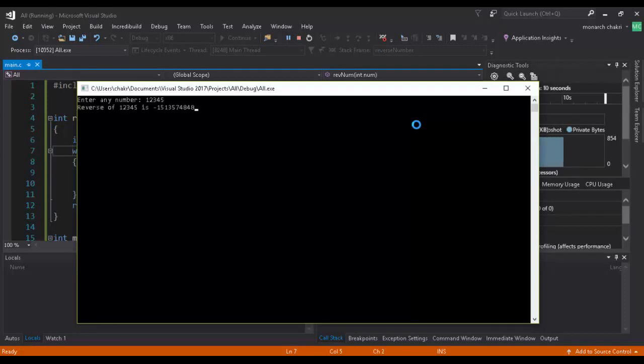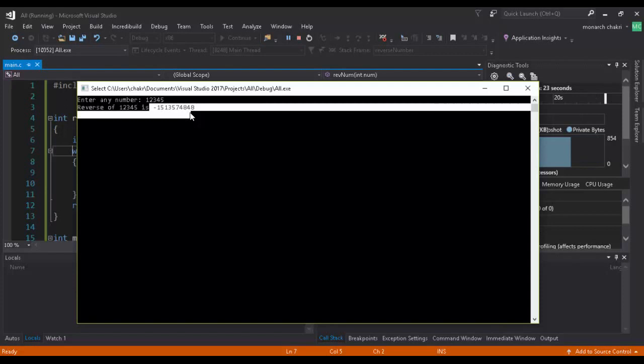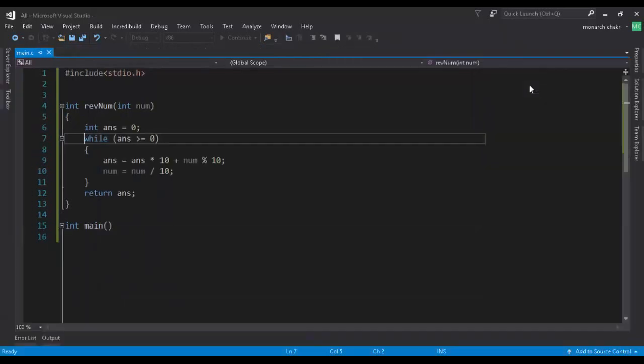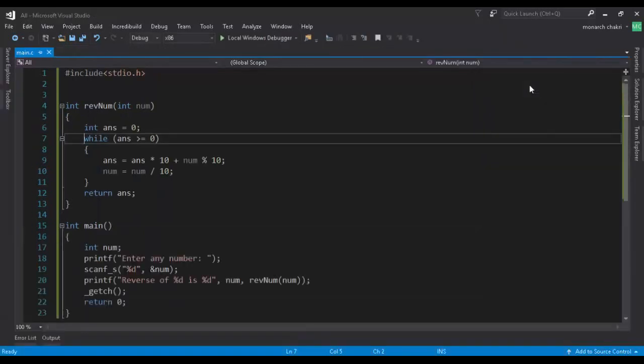And if you see, it has given us some garbage value, something like negative 1.5 billion. But what we expected is 54321, so which is not the correct answer. So here is a bug. What we need to do is close the application, and now here comes the thing